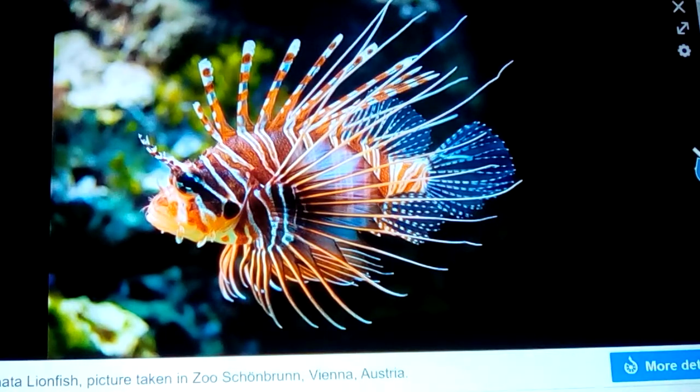So this little guy, and there's little ones known as zebra lionfish. There's a Hawaiian version that has them and everything. So this is in a zoo exhibit, though, in Vienna, Austria. Although they can be from around the world. See, what was real neat to me